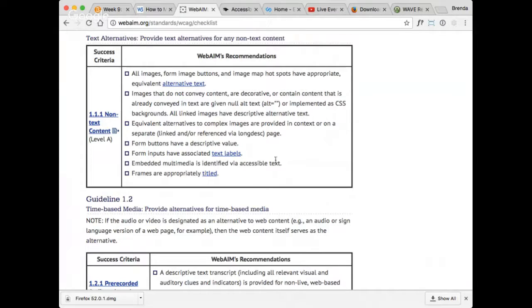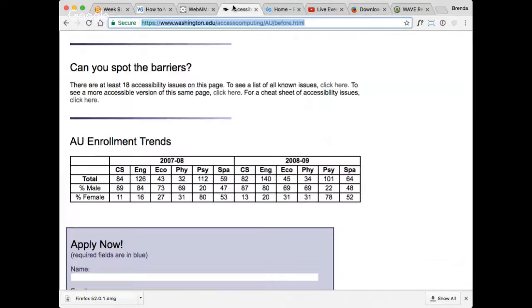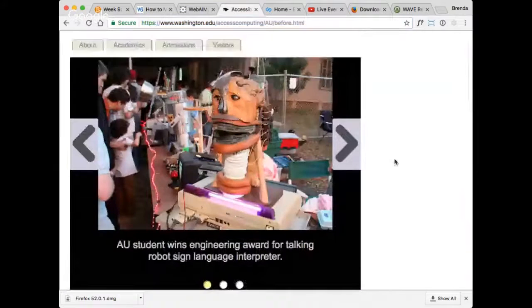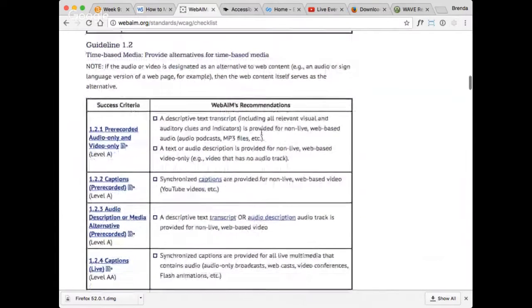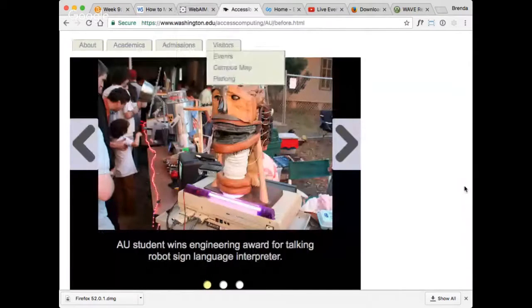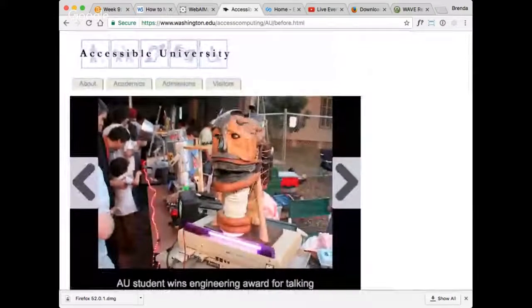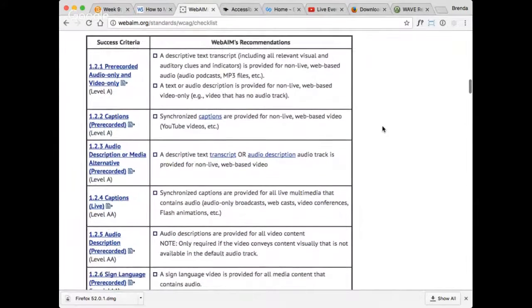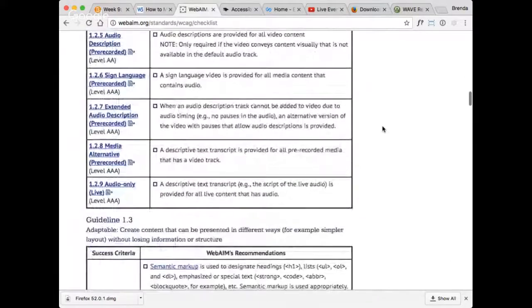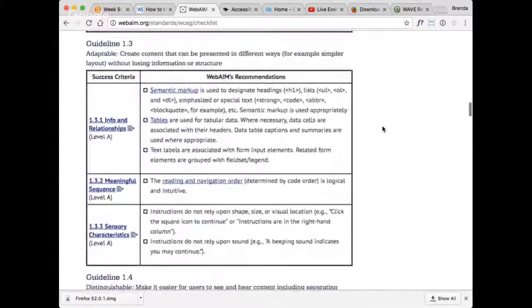And multimedia is identified via accessible text. Well, I haven't actually really looked too much. Here's a slider. I mean, it does have some text here, but still I have concerns. Guideline 2, time-based media. There is no audio or video on this screen that I can see. Therefore, that is not applicable for all of these. This whole section pretty much is not applicable. Had this had a video, it would have been applicable. Okay,